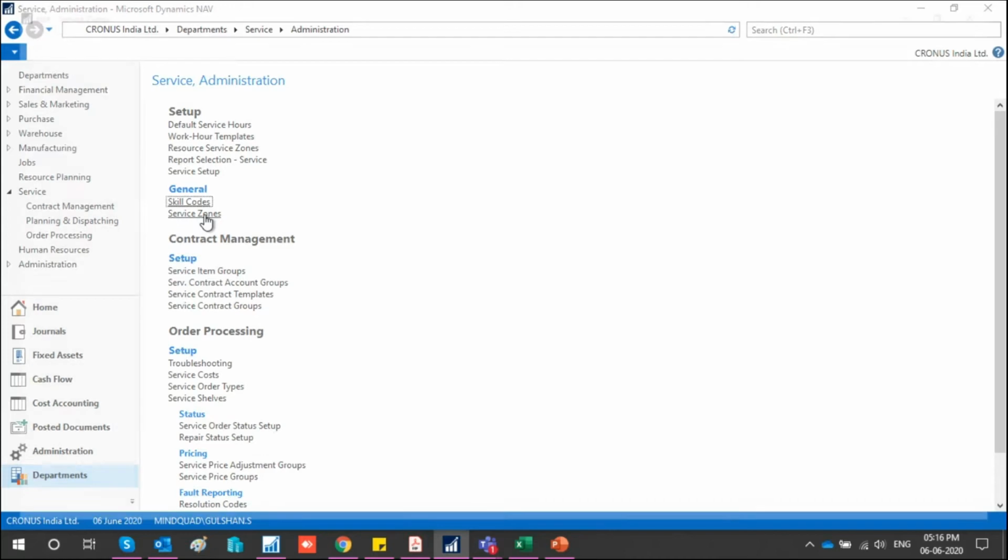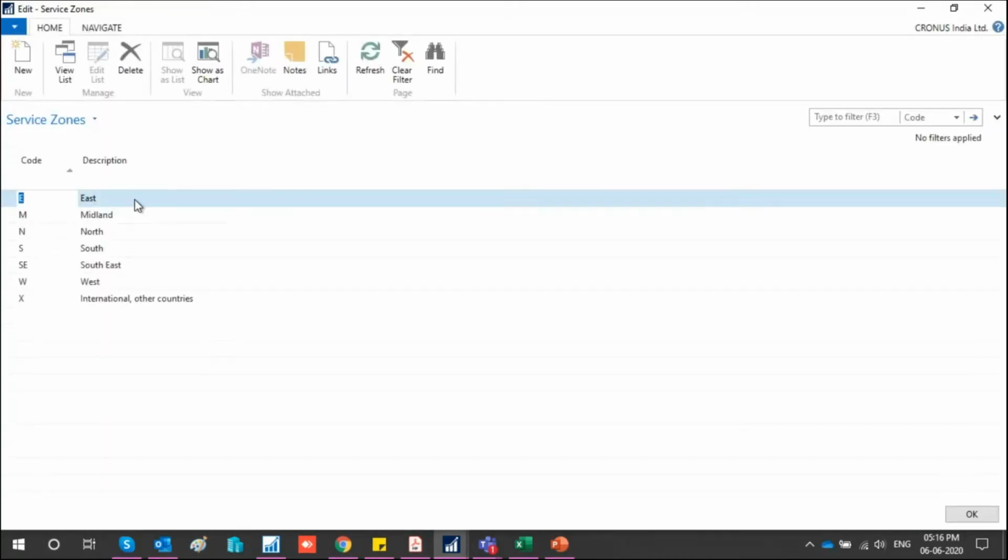Now service zones. As I was telling you initially, I have to define the service zones as well. When it comes to field service, it is a very strong part. In fact, Dynamics 365 has a separate application for it, called Dynamics 365 Field Service. In field service, the person has to physically go to the client's location, do the maintenance and repair, and then raise the service invoice.